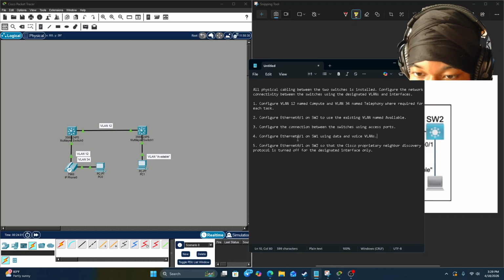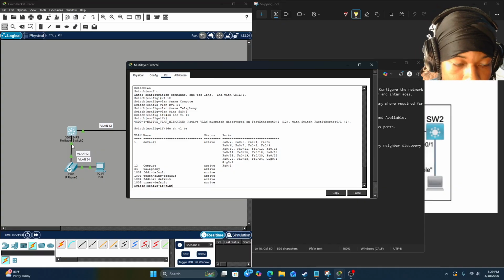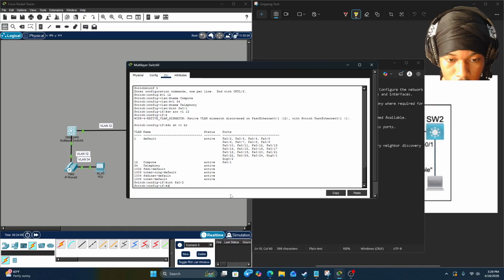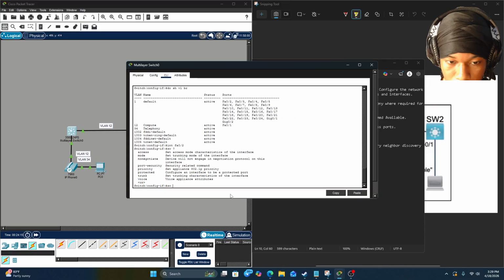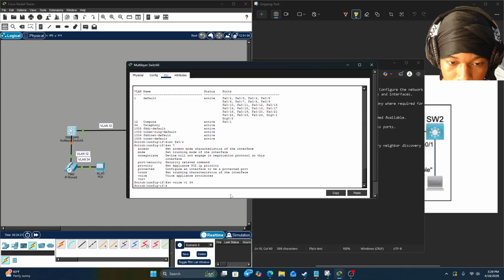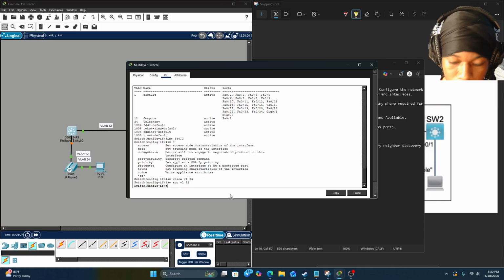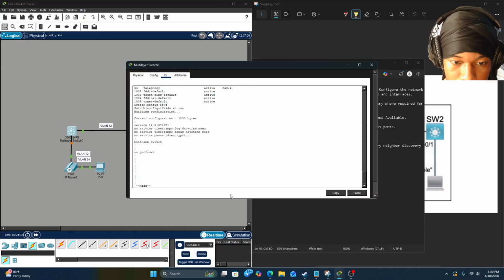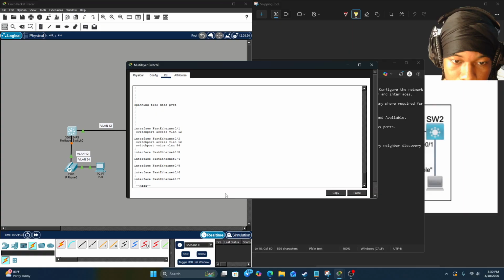Okay, so we need to configure on this one. This would be FA2. So on this one, FA2, switchport access. So we need to do switchport, and I'll show you. So this one, voice, would be telephony, VLAN 34. And then switchport access VLAN 12. There you go. Do show vlan brief. And if we do show run, you can see we have configured the access VLAN is 12 and the voice VLAN is 34 for the IP